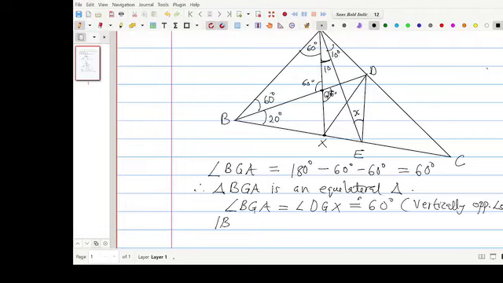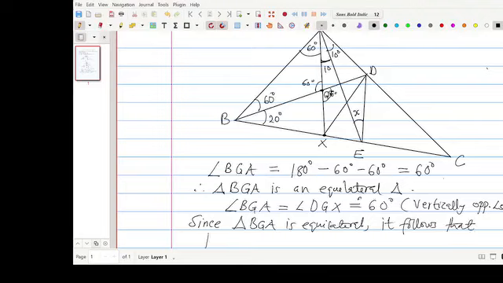length BA. Okay, let me put it into writing so that it will be clear to you. So I can say, since these are to present the proof in an examination. Since triangle BGA is equilateral, it follows that